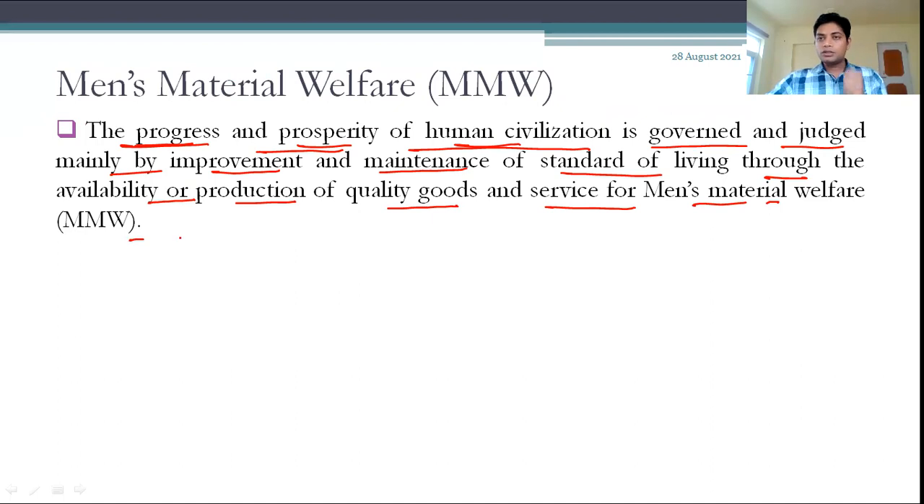Now what is the meaning? If we are talking about human civilization, how can we define the progress and prosperity? That we are very happy and progressing in our life. Day to day we are inventing something, learning and adopting it. So how will this progress be defined? It is governed and judged, that is defined, by improvement and maintenance